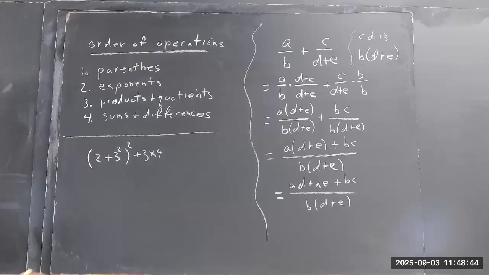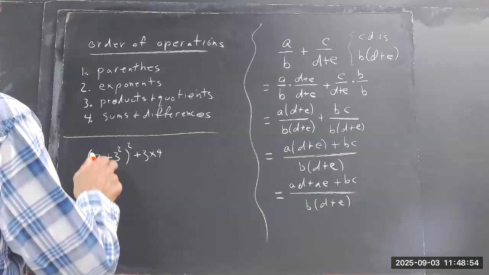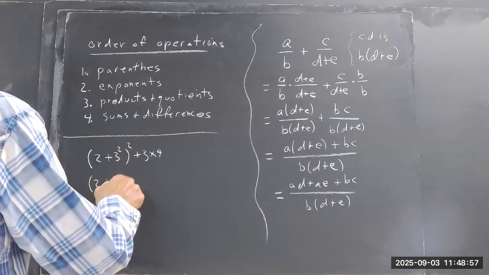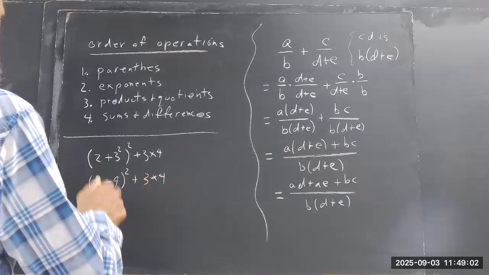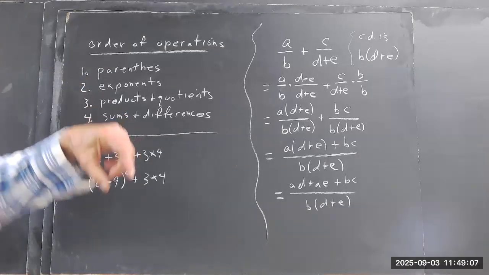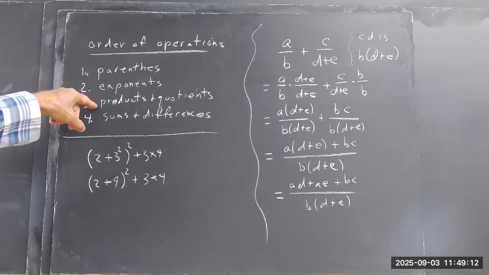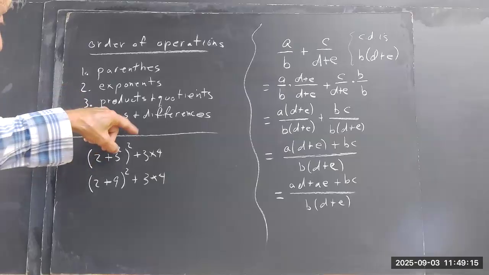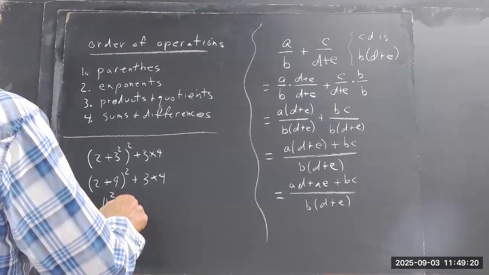So whatever's in parentheses, it's pretty common sense. You're probably used to it. You do that before you do anything else. So in parentheses, you've got an exponent. So you got to do that exponent. You're in parentheses and you've still got to follow the order of operations to simplify whatever's in parentheses, right? So we got to go to exponents and do that. There are no products or quotients, but we have a sum. You're adding 2 and 9, so we get 11 squared plus